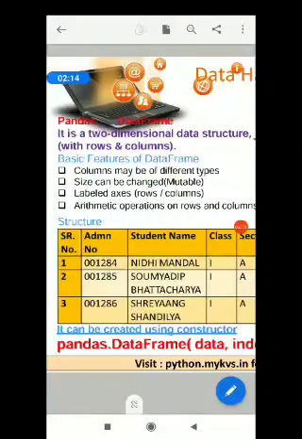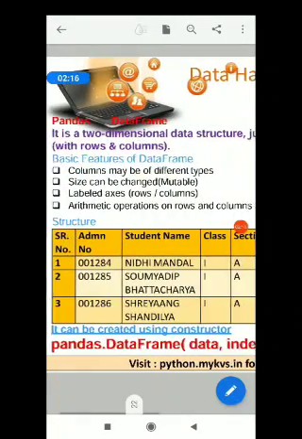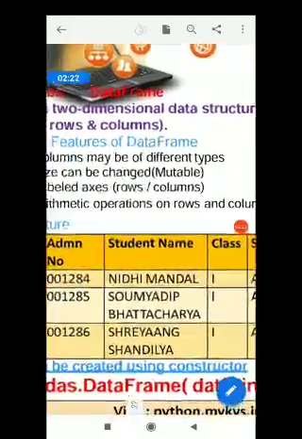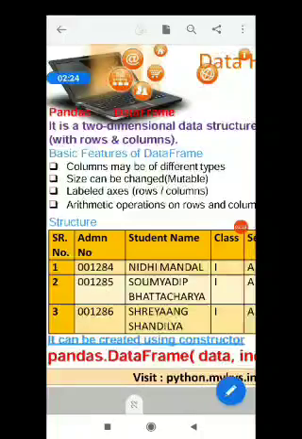Now we'll see the basic features of data frame. In a data frame, columns may be of different types. The size may be changed. If you firstly created a data frame with 4 columns, you may change it, and later in the same data frame you may add more columns.